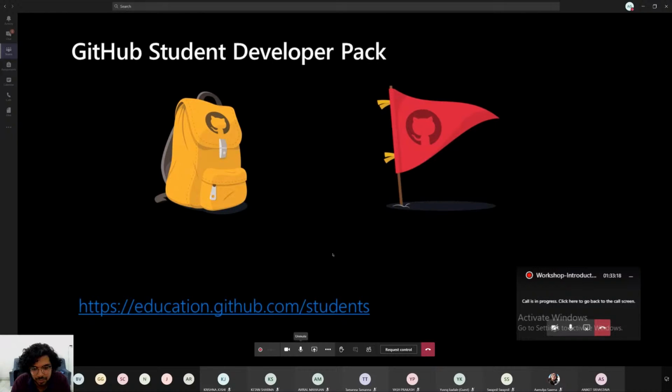The best thing about the GitHub Student Developer Pack is all you need is a valid college ID card, and you get a bunch of resources free. And also, there's a program called GitHub Student Campus Expert. GitHub will train you for around 5 to 6 months. They'll give you assignments and help you develop leadership skills, management skills, and technical skills. So go to this link and try to explore this.